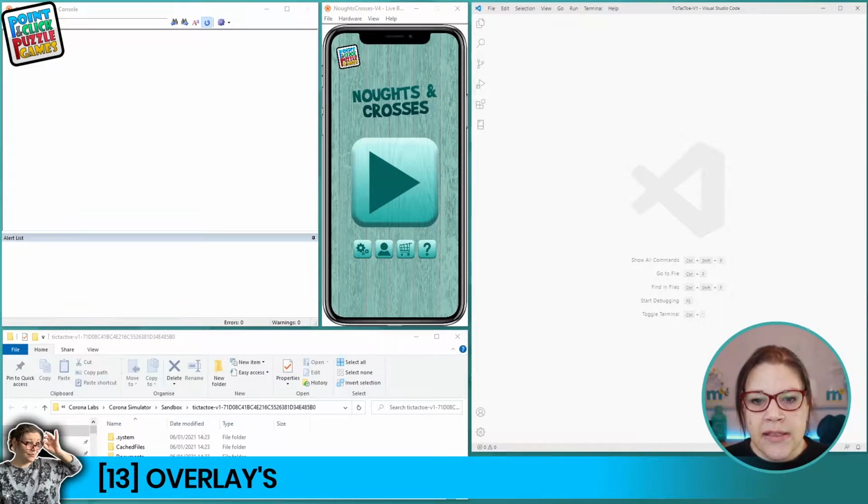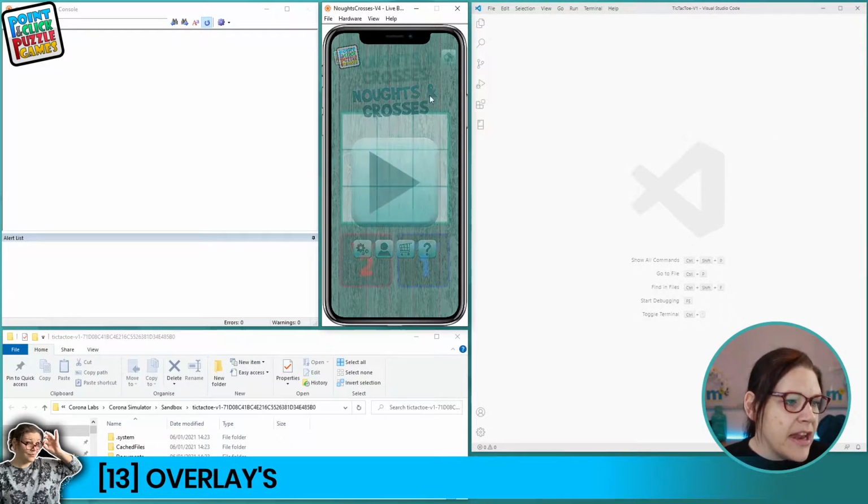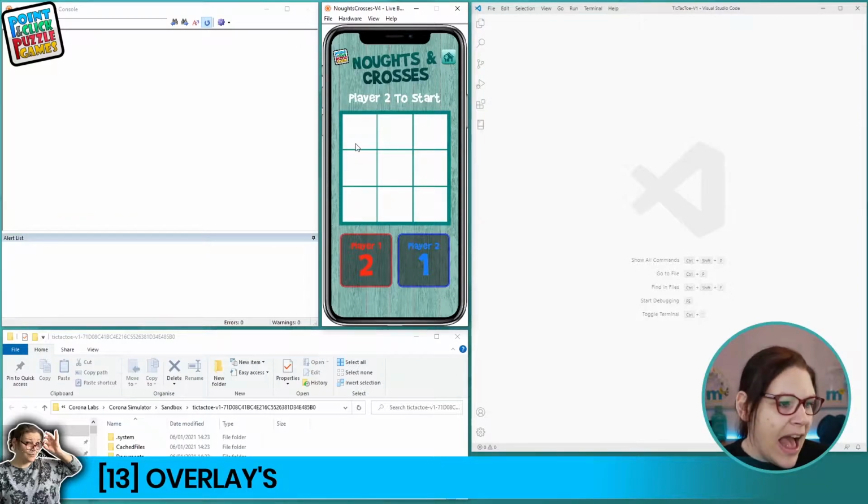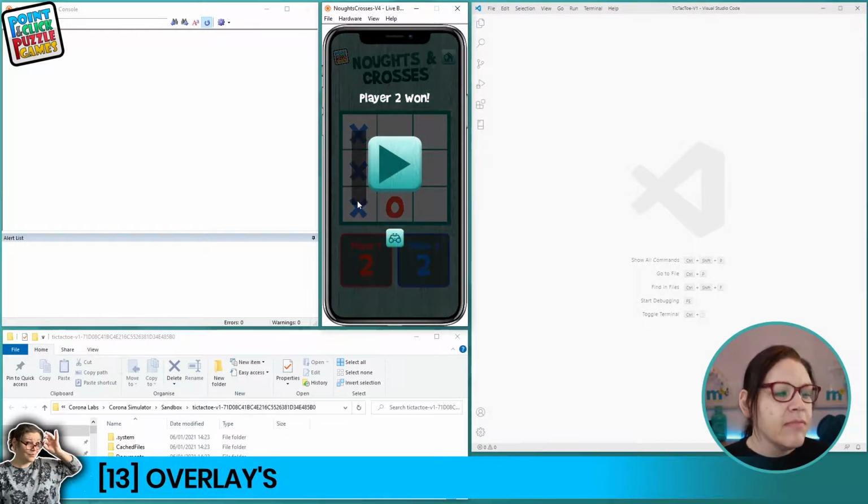Okay, so let's dive on over to my left-hand monitor, where I've got a version of noughts and crosses that I've already published. We're just going to quickly jump in. By the time we finish building our app, you will have all of these controls available to you, but for the moment, I just want to show you what an overlay is. As I place this fifth character on the screen, it's going to dim, a little chiming bell to say success is going to play, and you're still going to see, there we go,